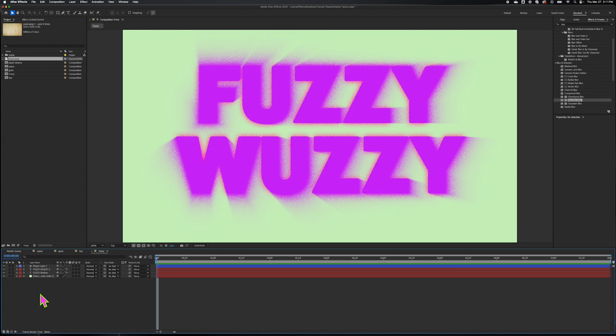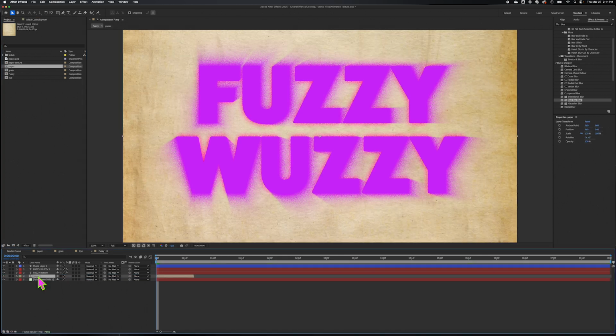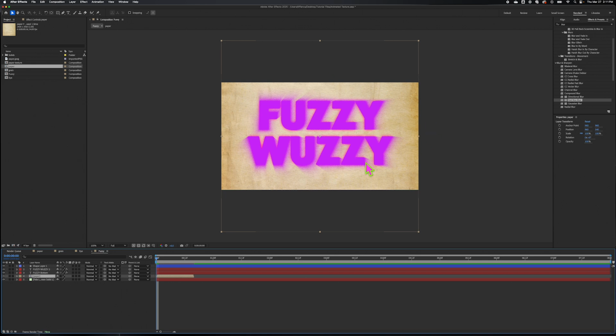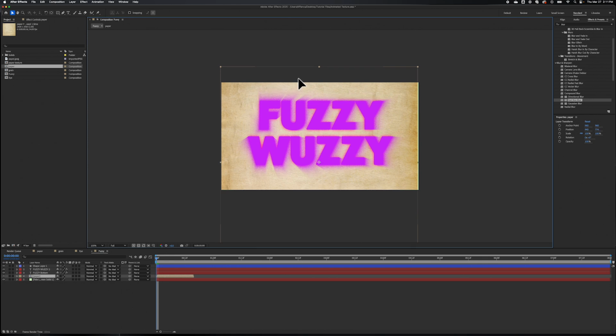And if I come into Fuzzy, what I'm going to do is grab my paper composition that I just created. And I have two because I did this earlier. But I'm going to grab paper and drag it down into my composition. And you can see that it's fitting perfectly with this. Again, I made that square so that it could be a little bit versatile if I need it to be. I can do other things with it if need be, but we're going to just try to keep it simple